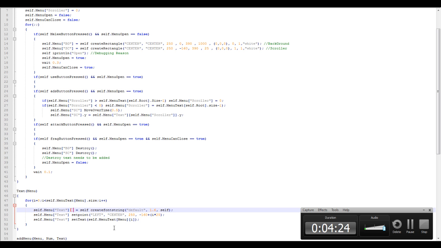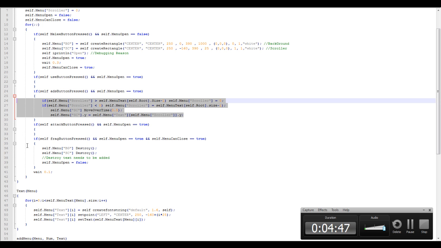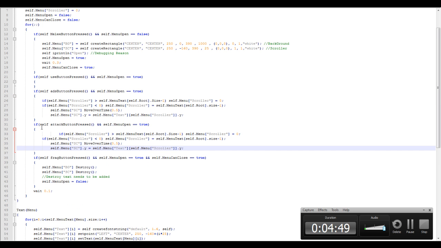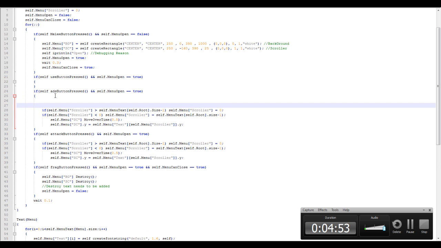Failed again, sorry, I do this a lot. I really should have got one of my friends to help me commentate on this, because he could have told me when I'm being stupid. So yeah, okay, so that is moving its y origin by the self.menu scroller number. So it's quite simple in my own little way, and that is exactly the same script for this. The only thing that is different is in